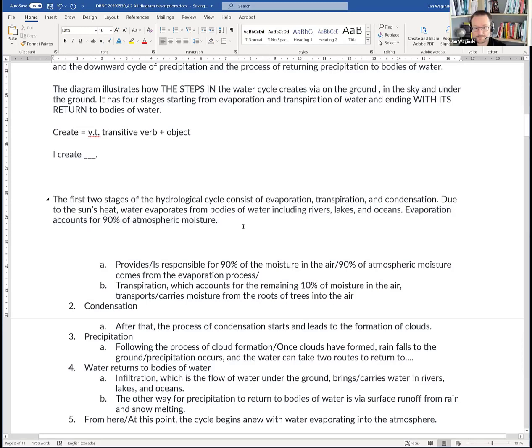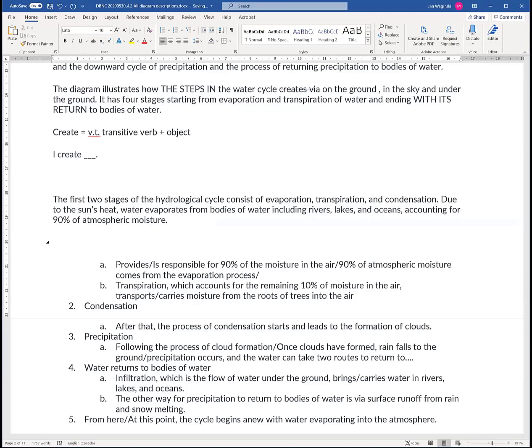Where do you want to put that? After oceans I put a comma, I take evaporation and then accounting for. Yes, you can. So this sentence is all about evaporation. Now we'll go about